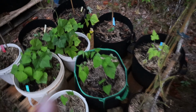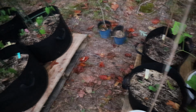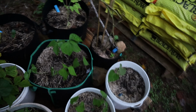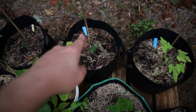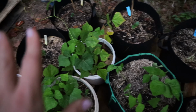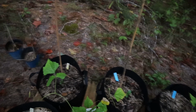Now back here with all the bags that are on the pallets, there's really not much to show because I had planted a whole bunch of bush green beans. I'm hoping to get at least one, maybe 2 plantings before the cold season. And then I did go ahead, like I said the last tour, I did plant some squash plants, and they did come up, they did germinate for me. So we'll see, you guys. I am rooting all the way till the end, but what I do want to show you